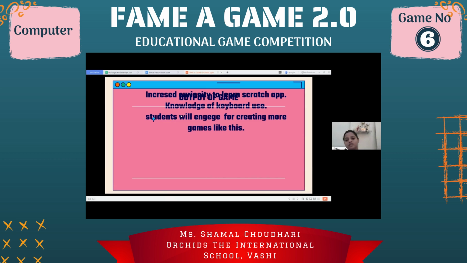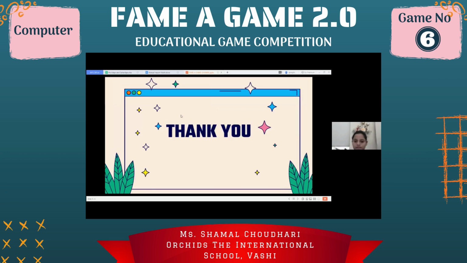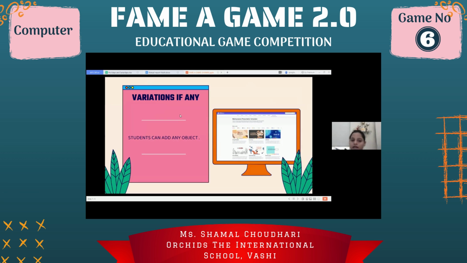And what is the variety of this game? In this game, I have used two characters, as I told you. One is the rocket ship, and the other is the ghost. But according to your choice, you can select different characters also. If very small children are there, like grade 1 and 2, you can show an apple falling down from the screen, and below there is a basket, and that basket is holding that apple. And yes, there are also very different variations.